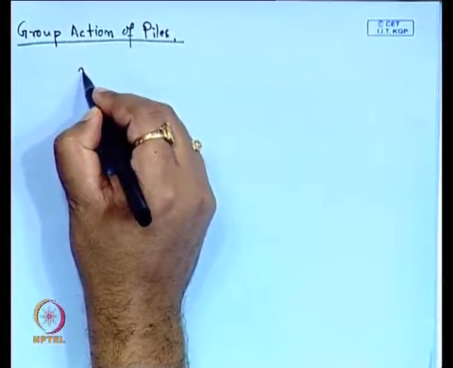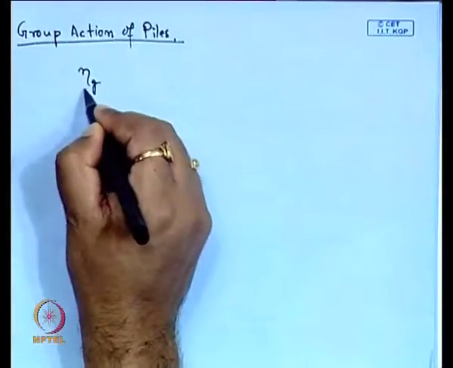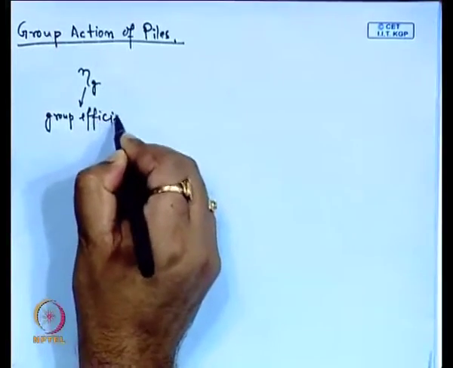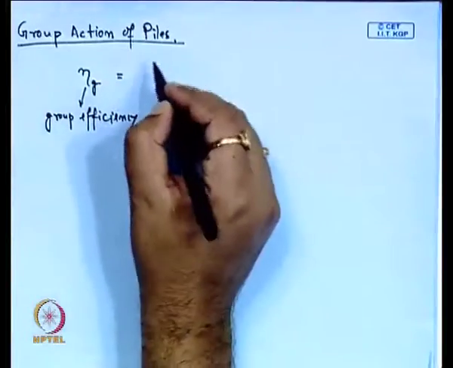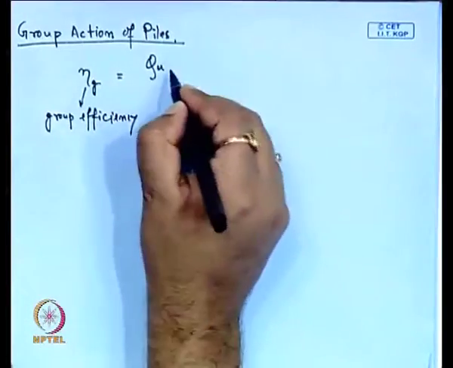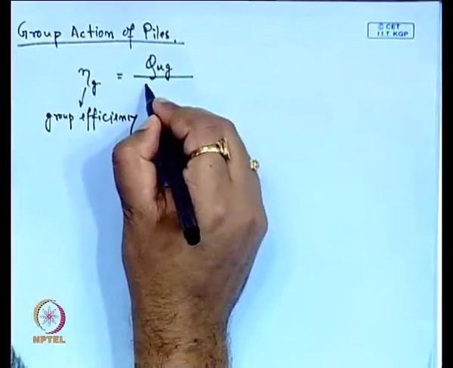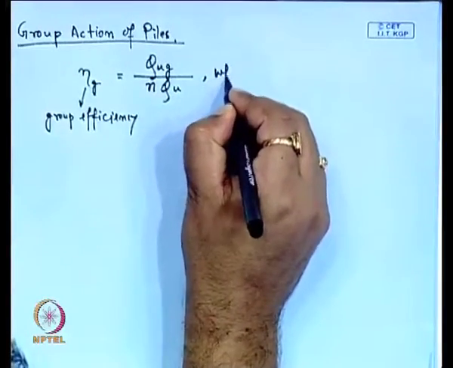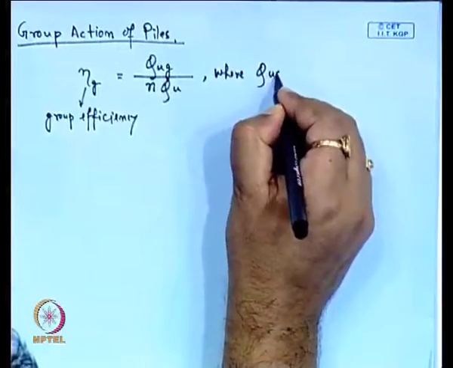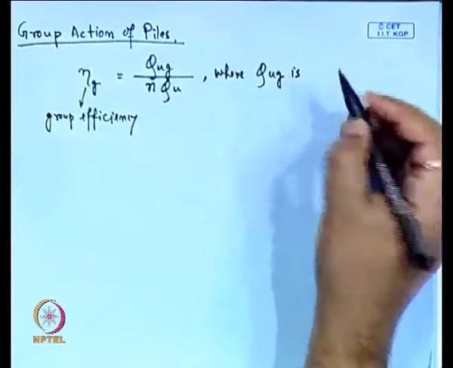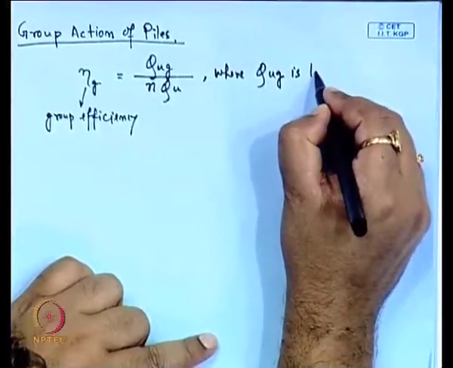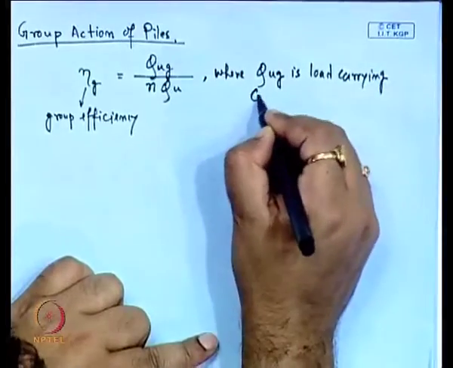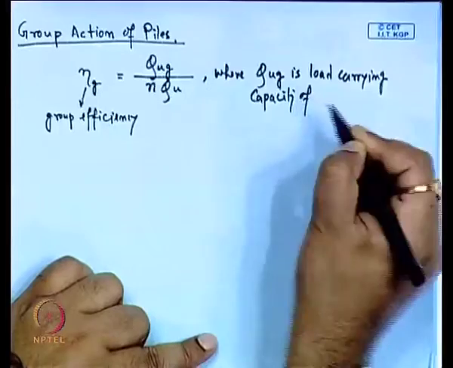The group efficiency we can write in this form: Q_UG divided by N into Q_U, where Q_UG is the load carrying capacity of the pile group,